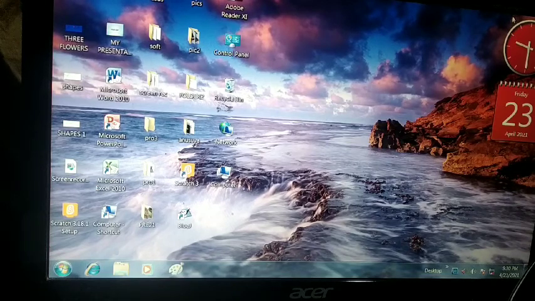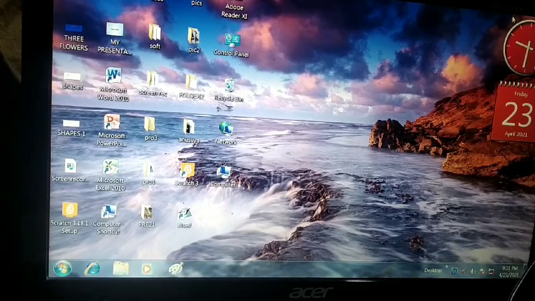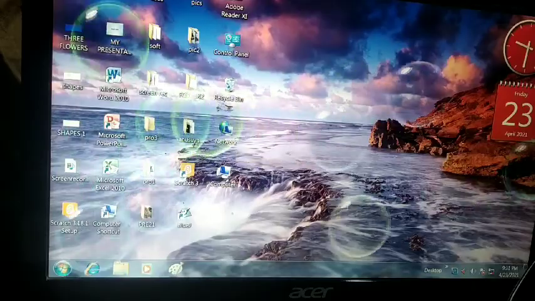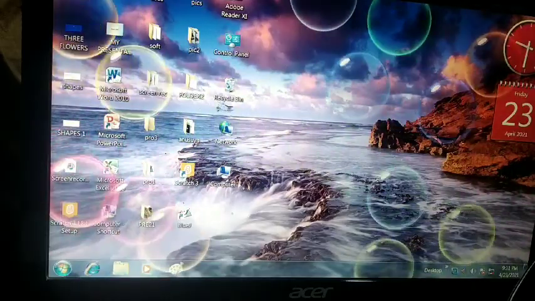You have to right click on the empty area of the desktop. Okay, the empty area of the desktop, and the personalize option comes in the pop-up menu, or you can call it the shortcut menu. Then in that you have to click on the screensaver option. Now you can see bubbles start coming, right?